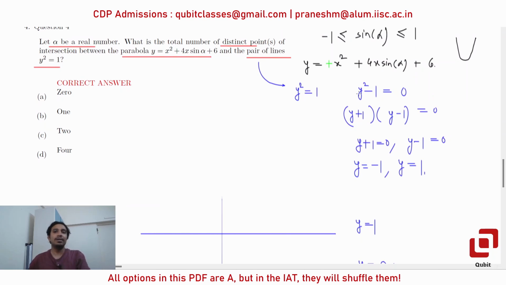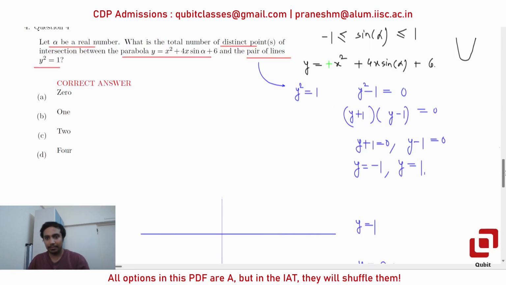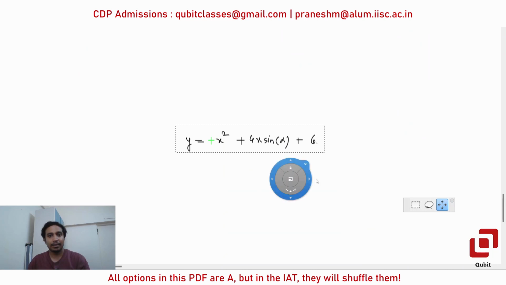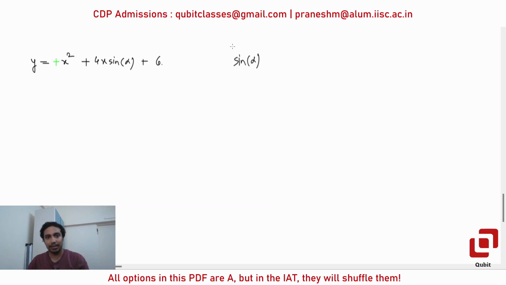See, what we can do is we can go for the largest and the smallest values of sine alpha. Okay, and we can find the minimum of this parabola or the quadratic function, and then we can look after it. Okay, so let's now go for this, and let's consider the least value of sine alpha. So sine alpha min